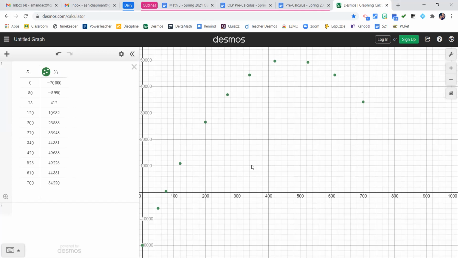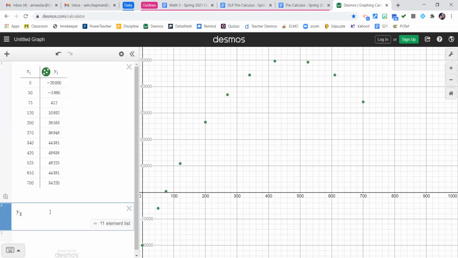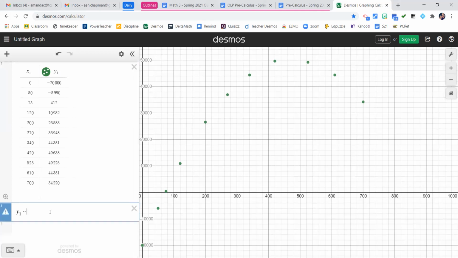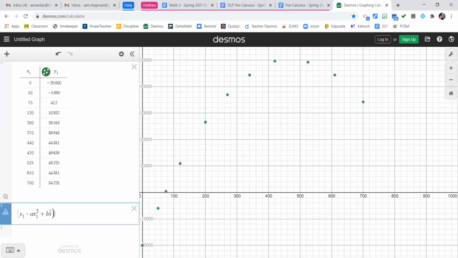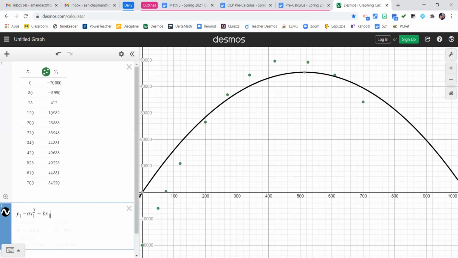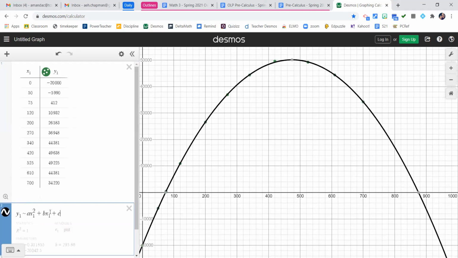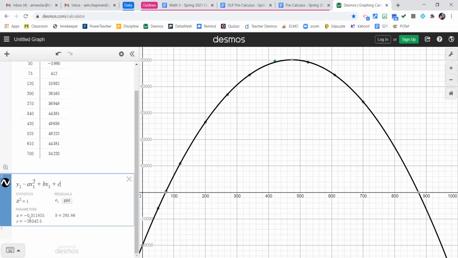It says to find the quadratic function of best fit. So to find my quadratic function of best fit, I'm hitting y sub 1 tilde. Then I'm going to write out my quadratic equation: a x sub 1 squared plus b x sub 1 plus c. So my equation there would be y equals